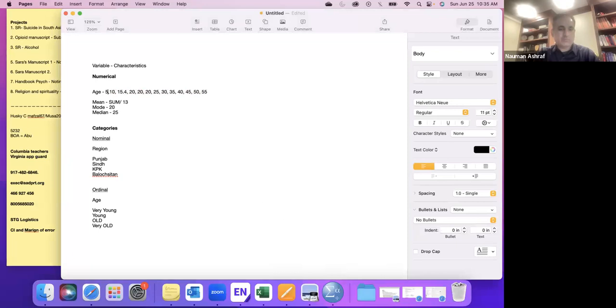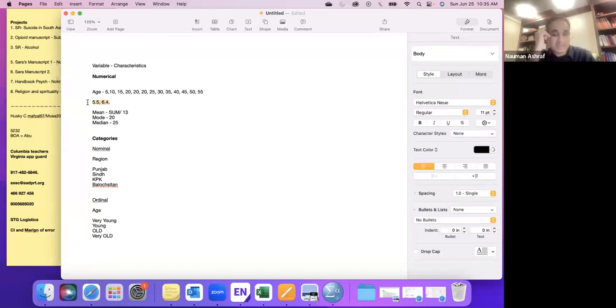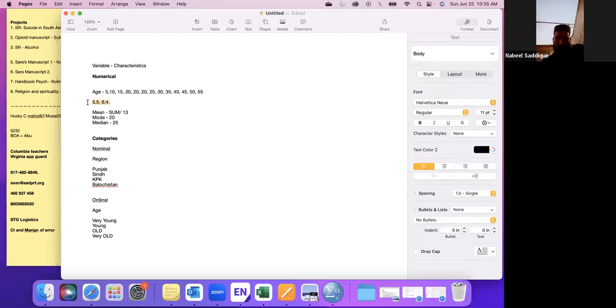Okay, so let's go back. I was trying to read up on Misbah's point on the discrete numbers. I agree with you on that. So let me make it easier for you. Let me take out all the values. So this is a numerical value. When you add 5.5 and 6.4, that becomes more like a discrete variable. When you have a whole number, that is your continuous variable. When you have decimal points, that's, so Junaid, is it the other way? Okay, let me